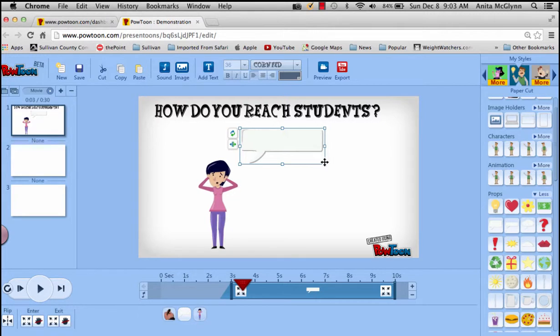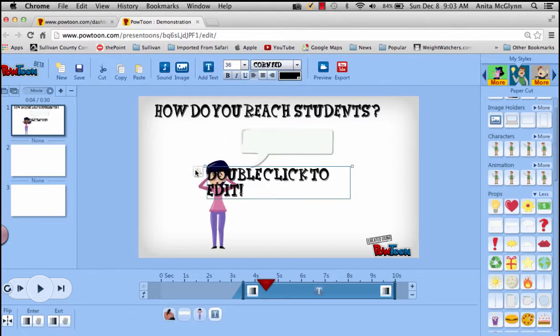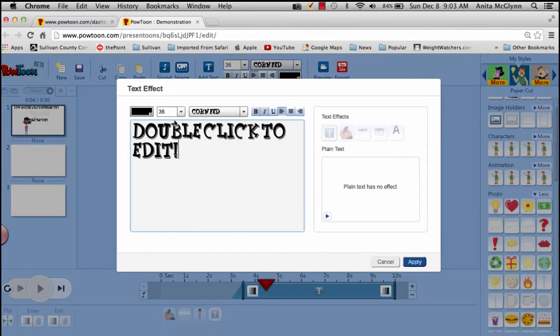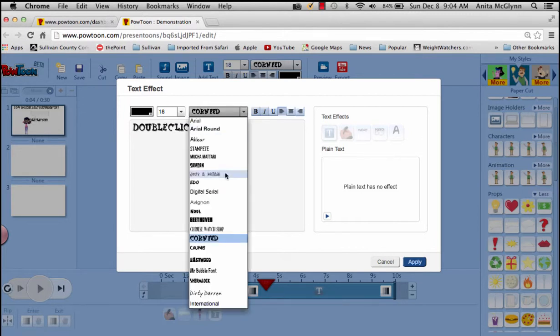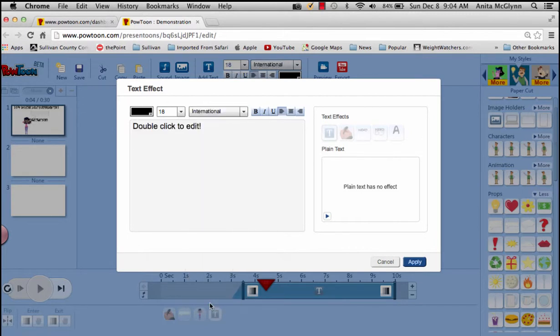All right, so now I want to put something in it, some words. So I think it's going to need to be a little bit bigger. So I'm going to make it bigger, and I'm going to add text. This time I want plain text. So I'm going to make this as small as I can make it, which would be 18. And I want a simple, clearer kind of font, so I'm going to use International. And I'm going to write, well, let's change it to "I'm" to make it smaller. I'm pulling my hair out,